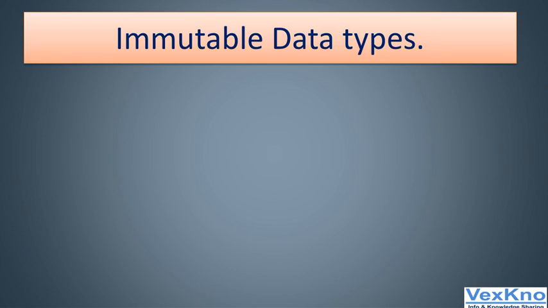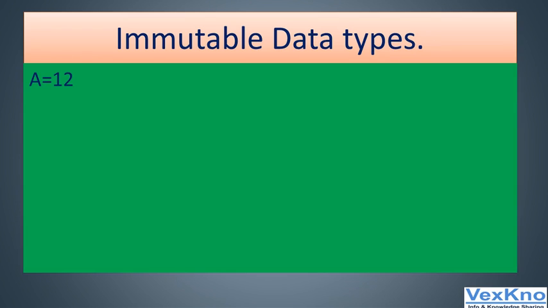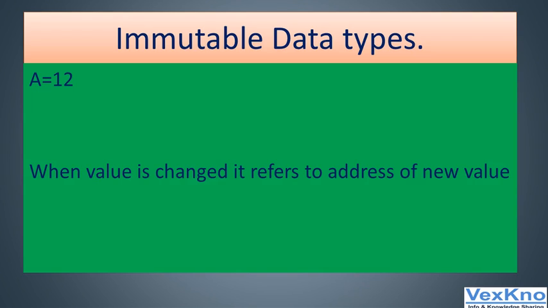So, starting with immutable data types. For example, when you use an integer, float, or maybe a boolean, for example 12 is an integral value which you store in a. Each value, 12, will have a unique address, that is an ID. So a is referring to a memory location or a reference where 12 is stored. When you change this value, for example you write a equal to 90, what happens? Here 90 has another address, so now a refers to a new reference.